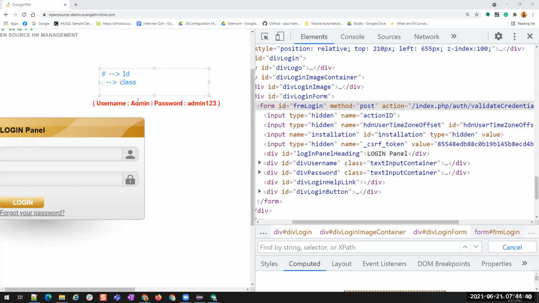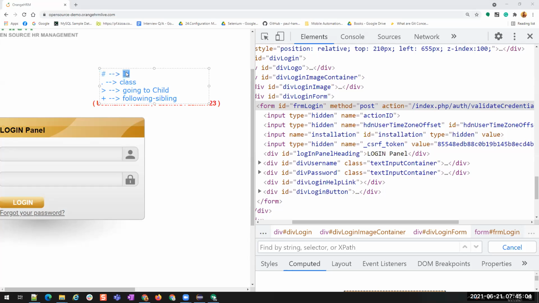And then greater than symbol for going to a child, right? And then plus symbol for the following sibling, right? So these are the things that we have learned in the examples that we have seen now. These were the 4 things.